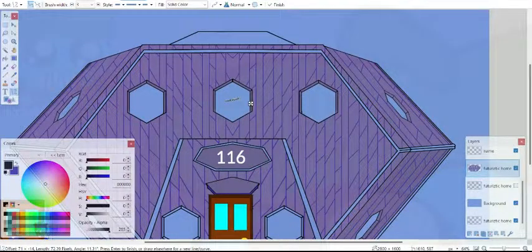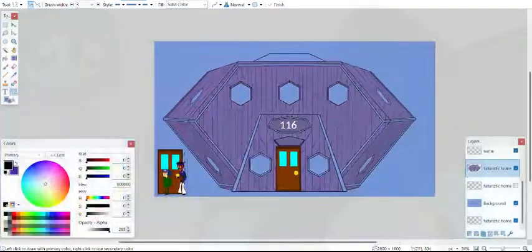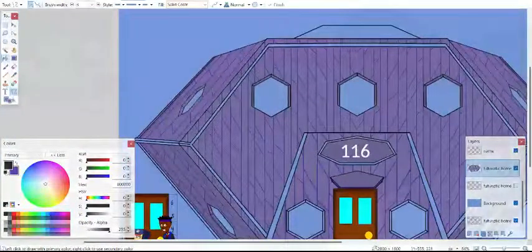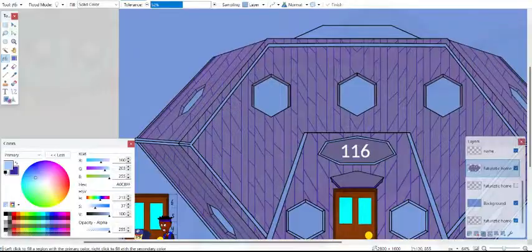Alright, so here we are. Let's add some of the neon to it. Actually, let's add the windows first. I was going to add a whole background so I can see how it looks more accurately, but